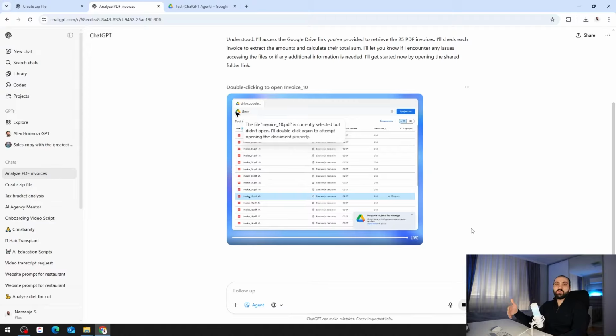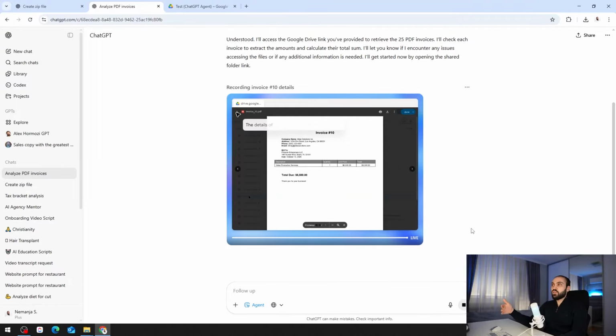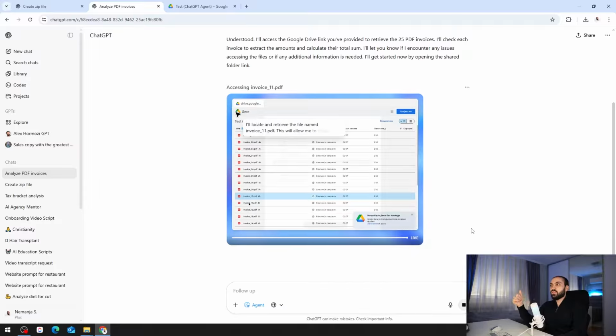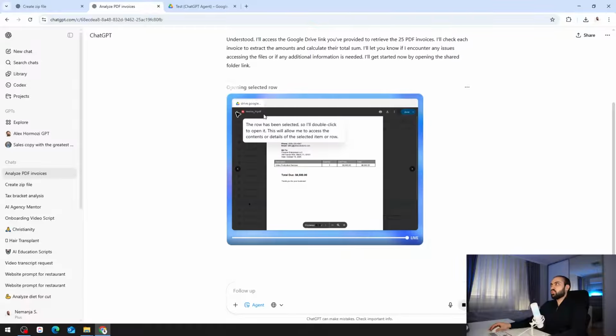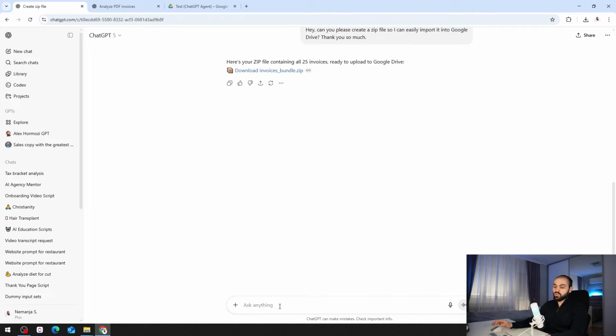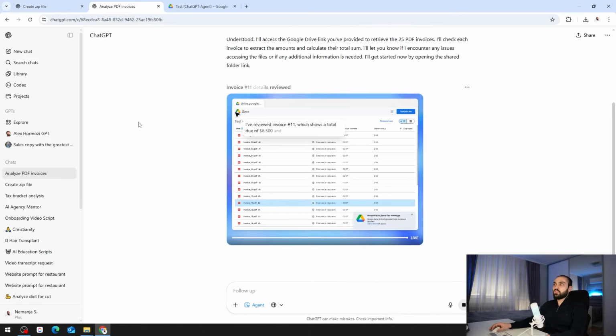Something like this is very useful if you have lots of information that you need to process and you don't have the time to do it yourself and you just want to give it to someone else. This is something that you would give to your virtual assistant, and here you can just do it for free with the help of AI. You do need to have the Plus account in ChatGPT. I believe it's around $20, but it's totally worth it for everything that you're going to get out of the